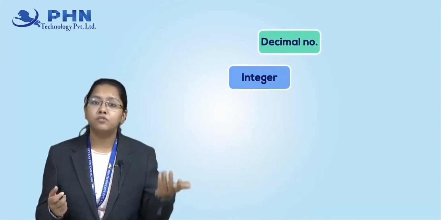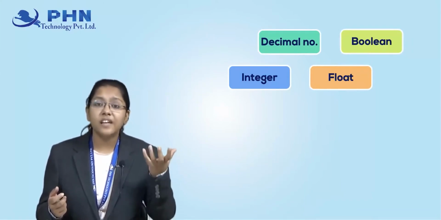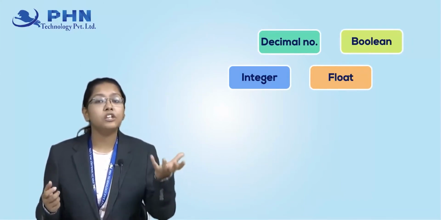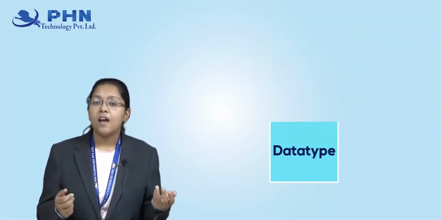Data types means it specifies certain types, whether the given input is an integer, decimal number, float, boolean value or something else. So the type of the variable, the type of the given input, is specified using your data type. And your software MySQL supports most of the data types of the SQL programming language, right? Now, there are many different kinds of data types in SQL.